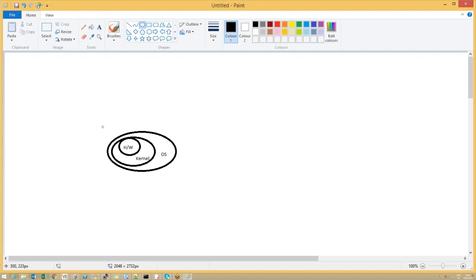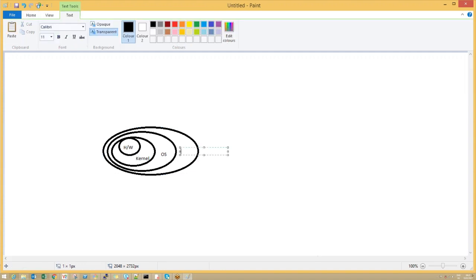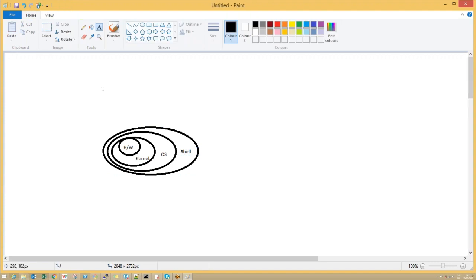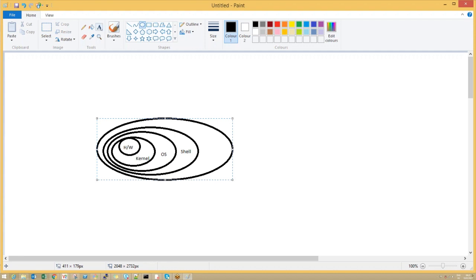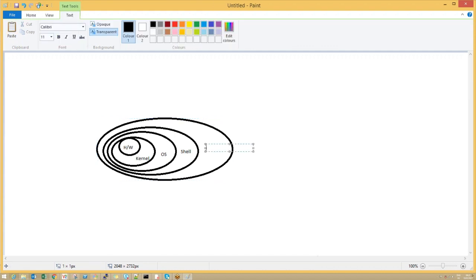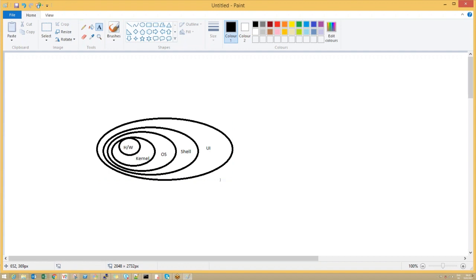I'm just trying to show you the layered way it is hosted on your machine. Then on top of your OS, you will have a shell, and on top of this shell, you have a user interface. Every operating system is designed like this. Every operating system must have a kernel, OS, shell, and UI.